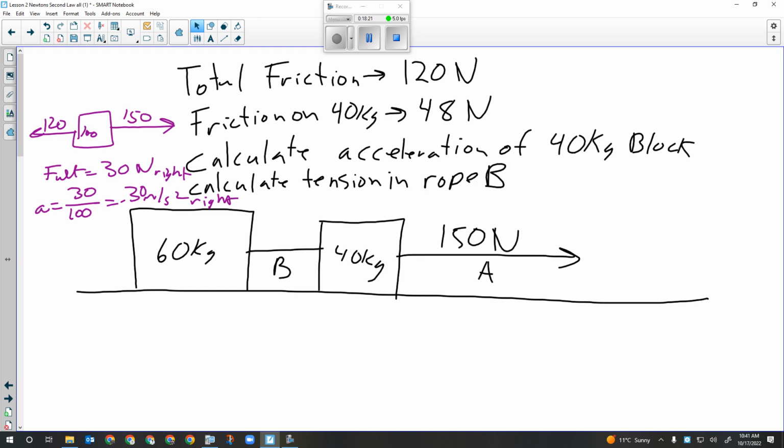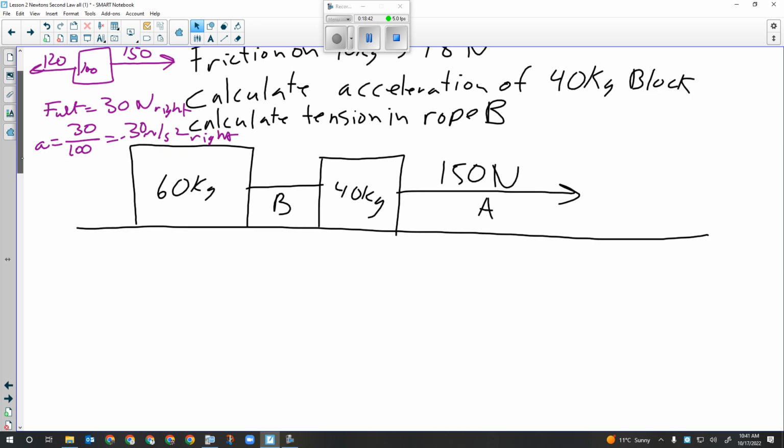Okay, everybody all right with that? Having that acceleration is important because for part B, where I'm calculating the tension in rope B, I need that, because I have to calculate the net force on individual boxes to solve that part. Sometimes we solve the system question as a whole, and sometimes we break it down into smaller pieces and isolate parts of it. So to do part B, I'm going to isolate one part of it,